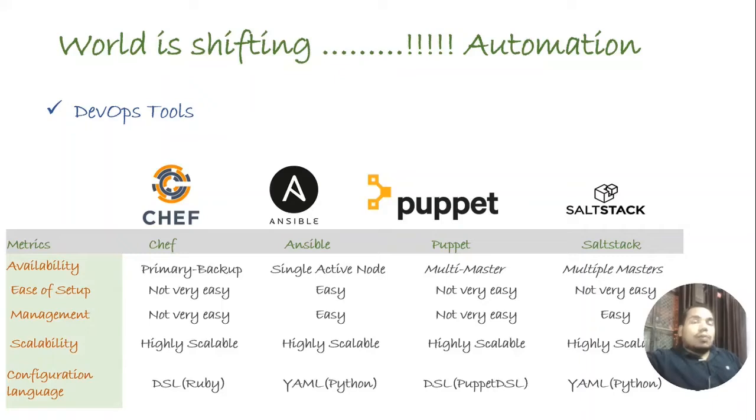If you talk about Puppet, Puppet also has a master-agent architecture. The Puppet server runs on the master machine and Puppet clients run as an agent on each client machine. After that, there is also a certificate signing between the agent and the master. So therefore, it is also not that easy.